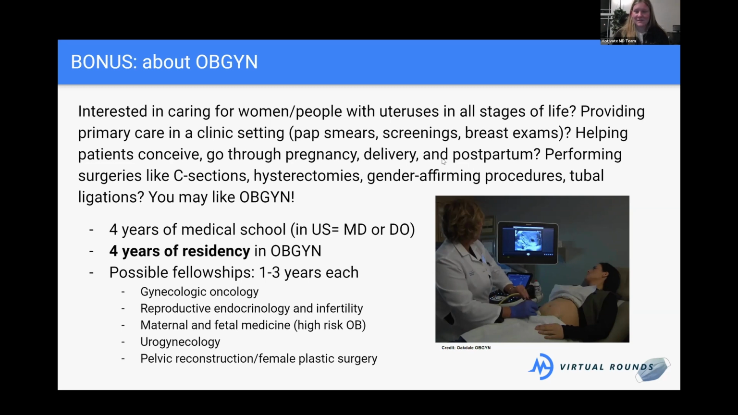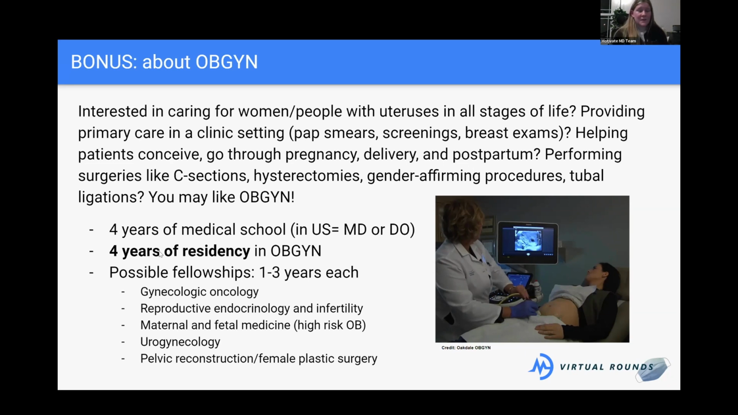So this is again going to be, everyone has to go through med school. It is a 4-year residency in OBGYN, so similar length of training to anesthesia, and then fellowships for OBGYN could be things like gynecologic oncology, so treating patients with things like ovarian or uterine or cervical cancers. You can do reproductive endocrinology, so helping people go through things like IVF, maternal fetal medicine, which is high risk